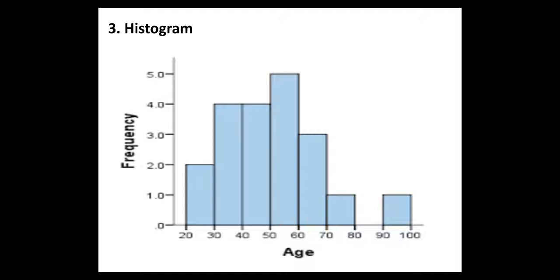The continuous variable shown on the x-axis is broken into discrete intervals, and the number of data points in a discrete interval determines the height of the bar. And histograms are a great choice for illustrating the distribution of your data.